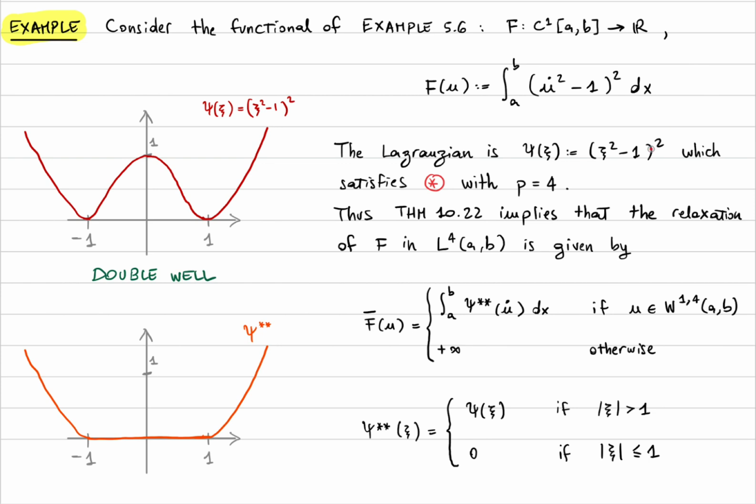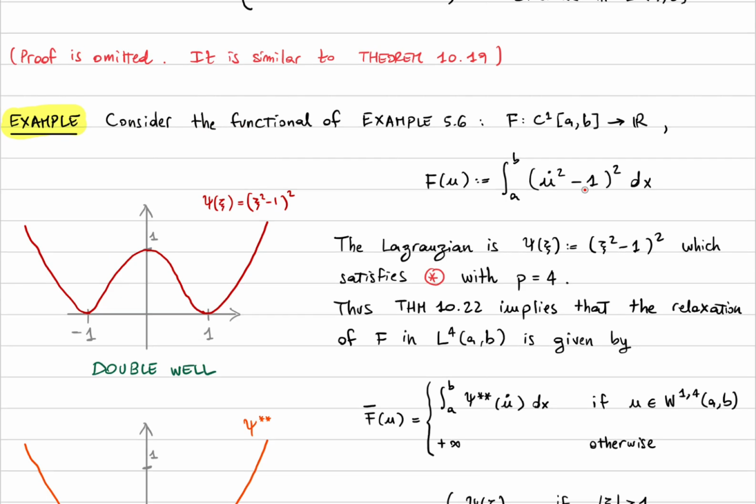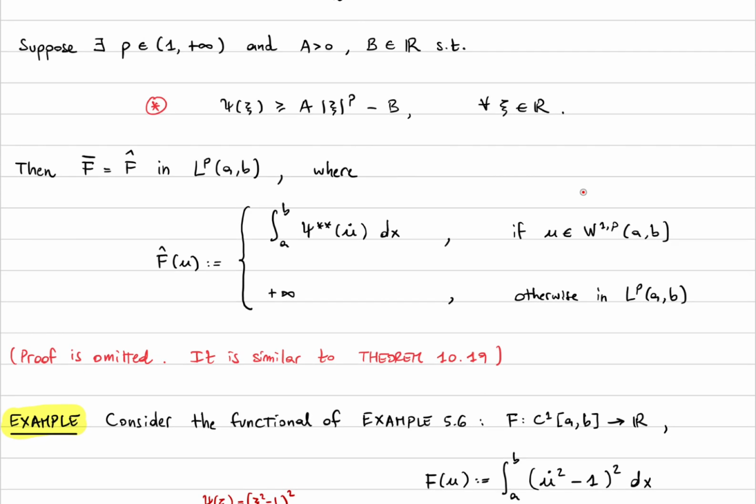And this Lagrangian clearly satisfies star with p equals 4. So star was this condition, and the Lagrangian psi of xi is equal to xi squared minus 1 to the power of 2. I don't want to do the calculations, but obviously this goes like xi to the power of 4. Okay, so this is the highest power that appears. So in this estimate, you can clearly take p equals 4, and then you have to find a and b such that